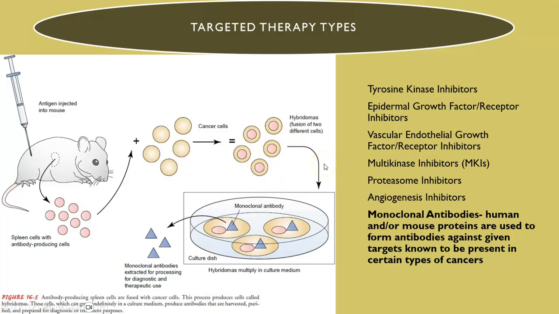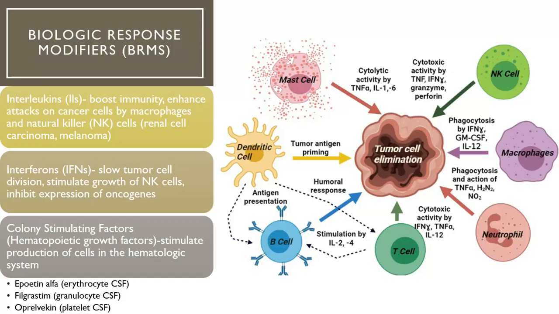It can be dangerous. We used monoclonal antibodies during COVID to help people get better quicker, giving them an extra boost of antibodies manufactured from other animals or species. So just make sure this is something that you can do and it works, but there is a chance, because you're taking something from another species and putting it into a human body, that you're monitoring them for side effects. To feed off of that, biologic response modifiers: your interleukins, your interferons, and your colony stimulating factors. So think your cytokines.